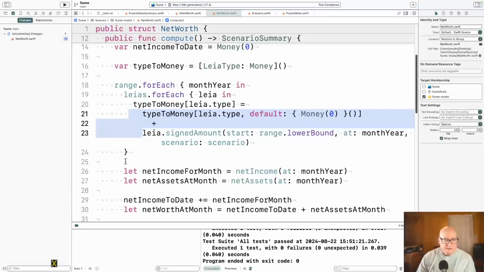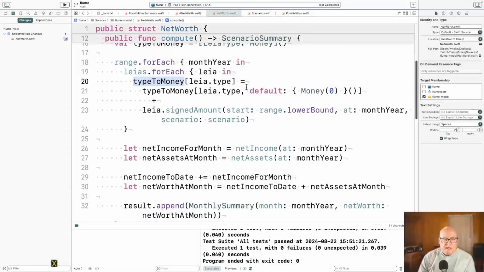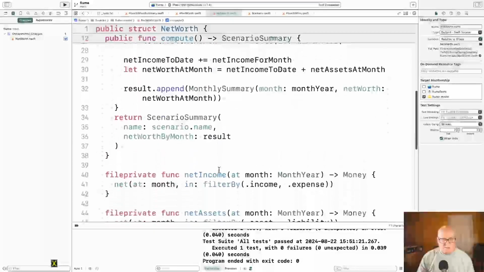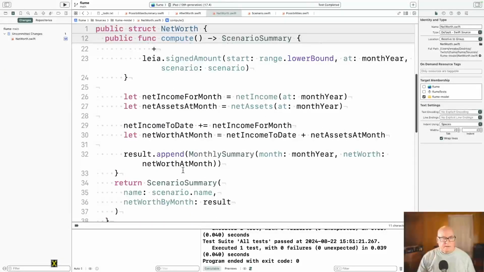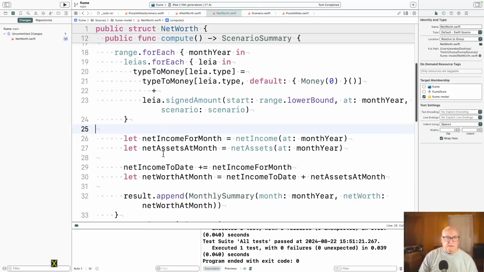Okay, so I think at this point we've got this array filled in with all types. We've categorized the types. They've come back as signed amounts, which may or may not be what we need. And I should be able to say net income per month is